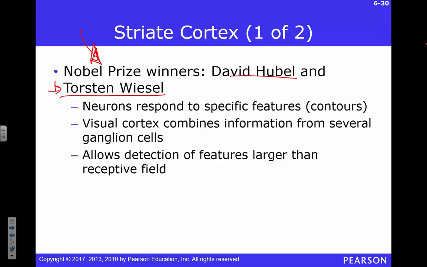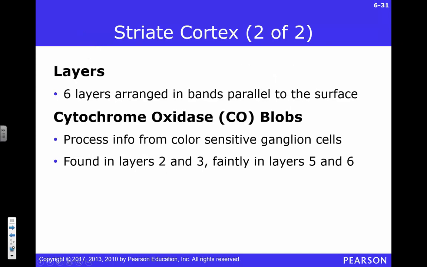Basically, they figured out how cells respond to these contours, or to the edges. Previously, folks just used little dots. But Hubel and Wiesel were like, hey, let's make a bar of light and see what happens. The world's not made up of a set of dots. You group things into shapes. It's kind of the first step in that process. Don't worry about that.